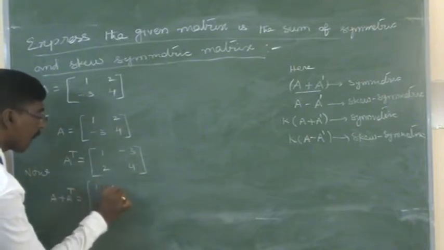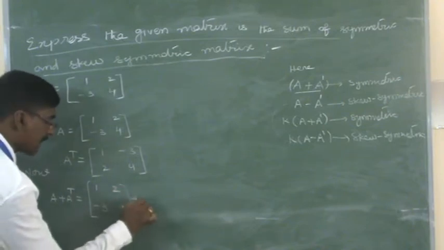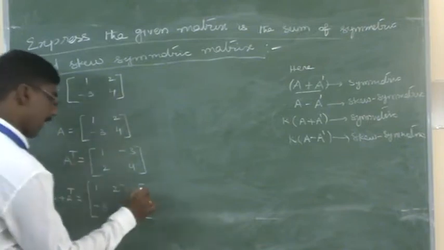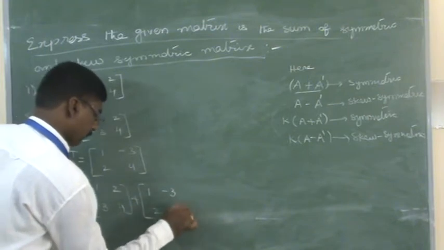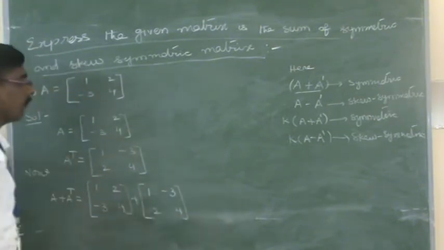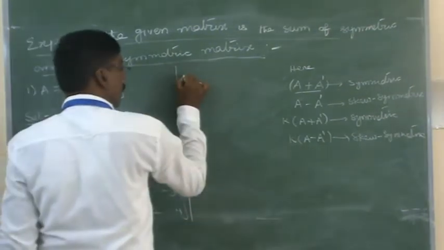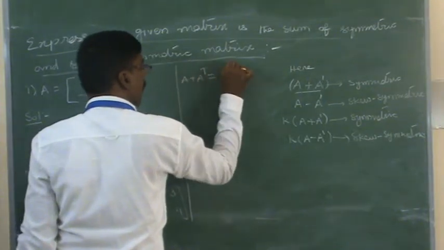Matrix A is 1, 2, minus 3, 4. What is transpose of A? It is 1, minus 3, 2, 4. We add these, and we will get the value of A plus transpose of A matrix. The answer is